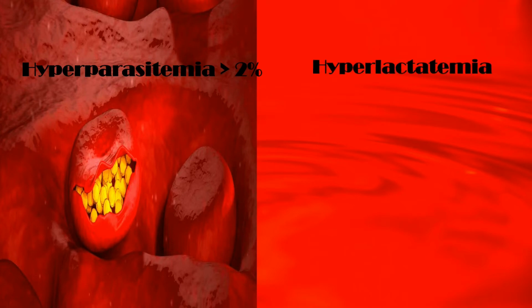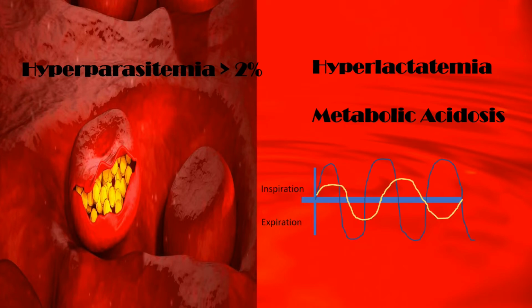Hyperlactatemia, or the lactate level more than 5 millimole per liter, can also occur in severe malaria, attributed to several factors like metabolism of intraerythrocytic Plasmodium parasites or increase in the anaerobic glycolysis in hypoxic cells and tissues as a consequence of parasite sequestration and anemia. This can lead to acidotic breathing in the patient, which you can see here in the graph as blue line.